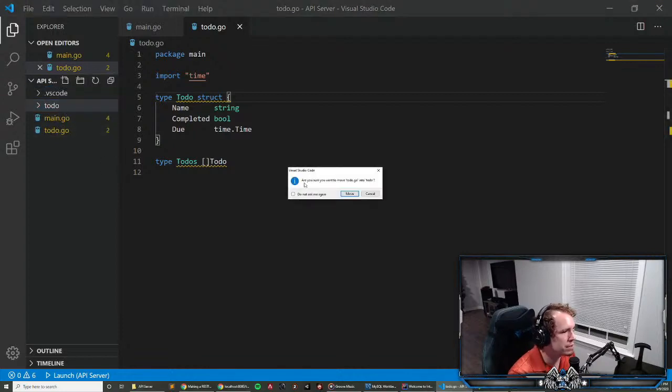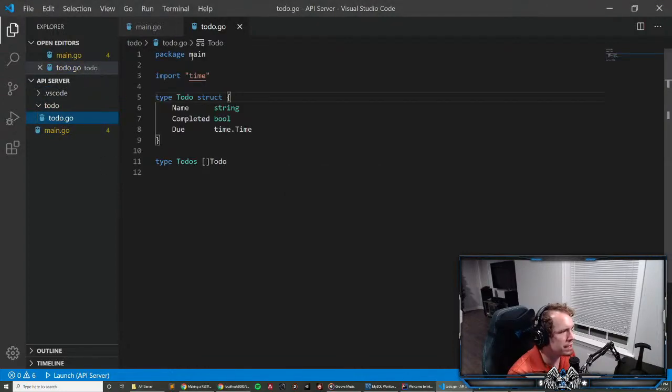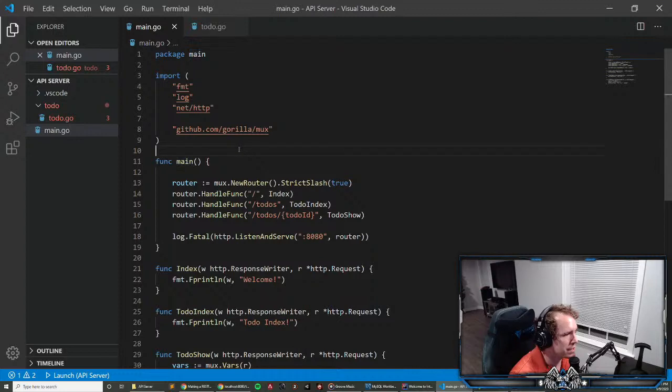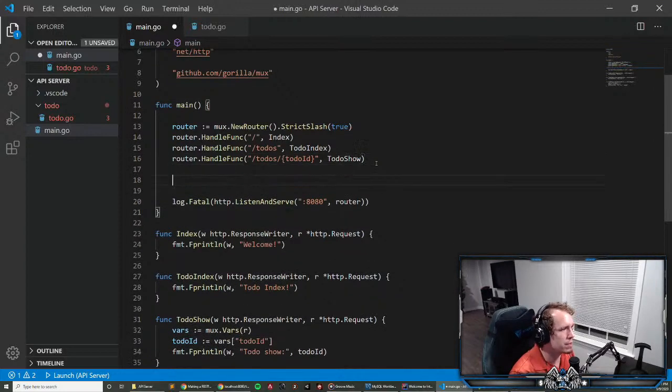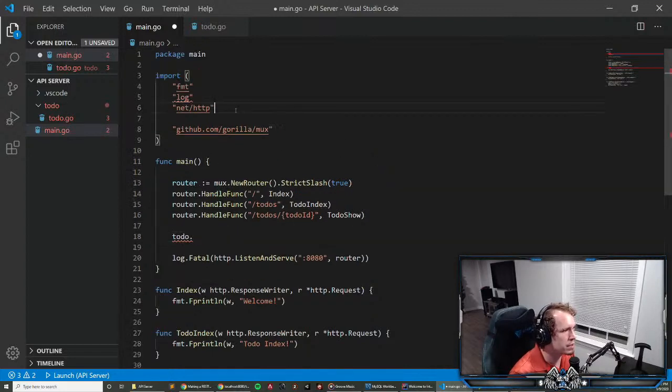And we move to do in here and we change this package to do. So then if we make these non-exported by making them not capitalized, which by the way is how you do it. It's kind of whack, but it is what it is. So like if I wanted to declare a to-do, what I would actually do is, I think I would do like,